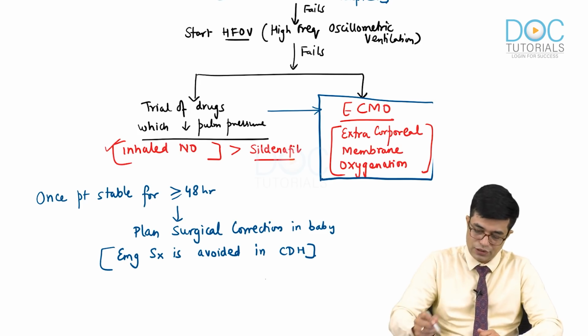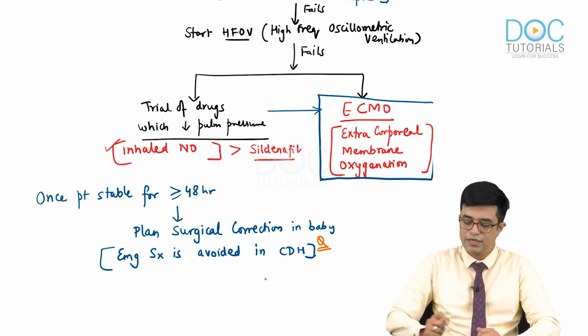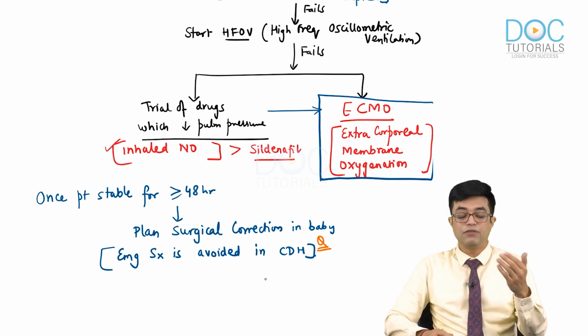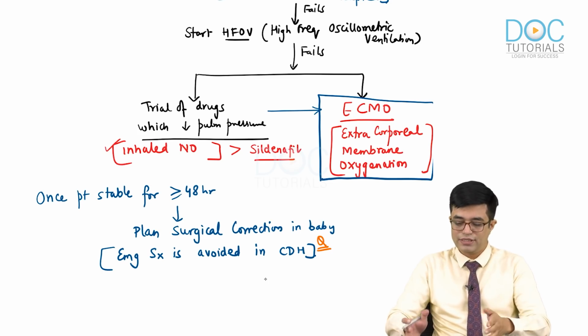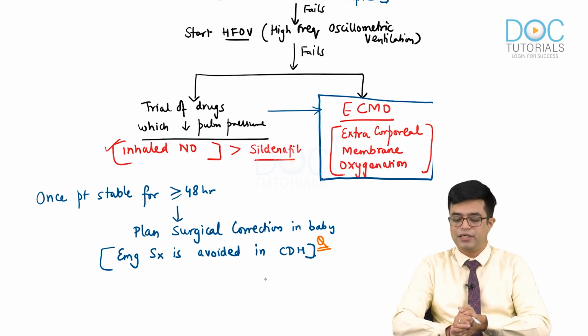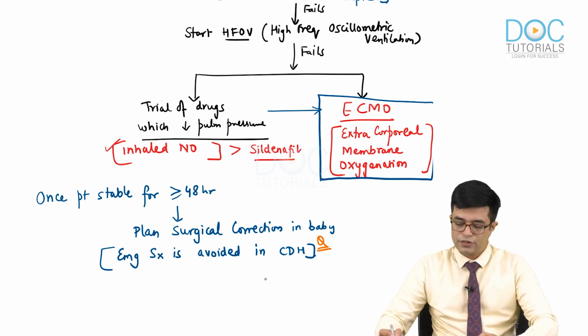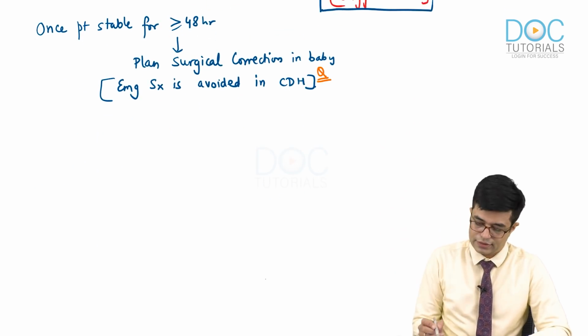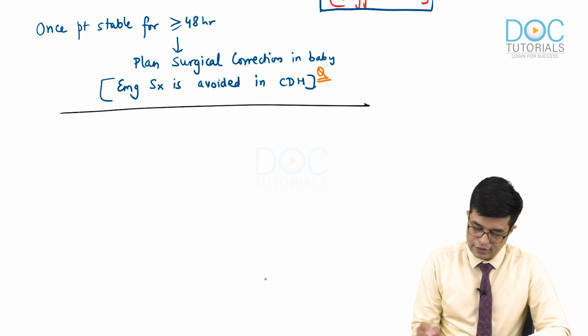This is an old MCQ asked already in entrance exam. Severe CDH, which of the following has no role? There were 4 options. One of the options was emergency surgery and that was your answer of choice. So this is how you manage a patient of congenital diaphragmatic hernia. Let us move towards the prognostic factors, which determine the outcome in CDH.